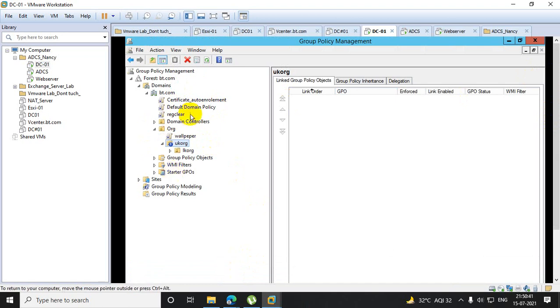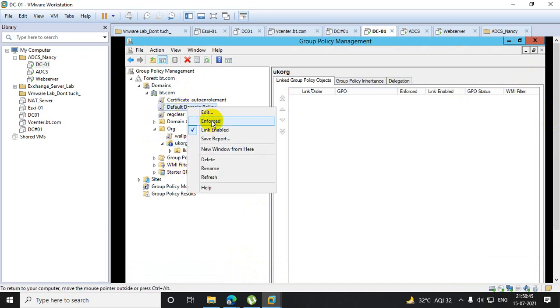So in that case, what I need to do is run Enforced. If you select any GPO and use this Enforce command, however you have set block inheritance, it will not matter. Once you click on Enforce, one lock sign will come. That means it will be applied forcefully. If you have block inheritance, no matter, it will work.